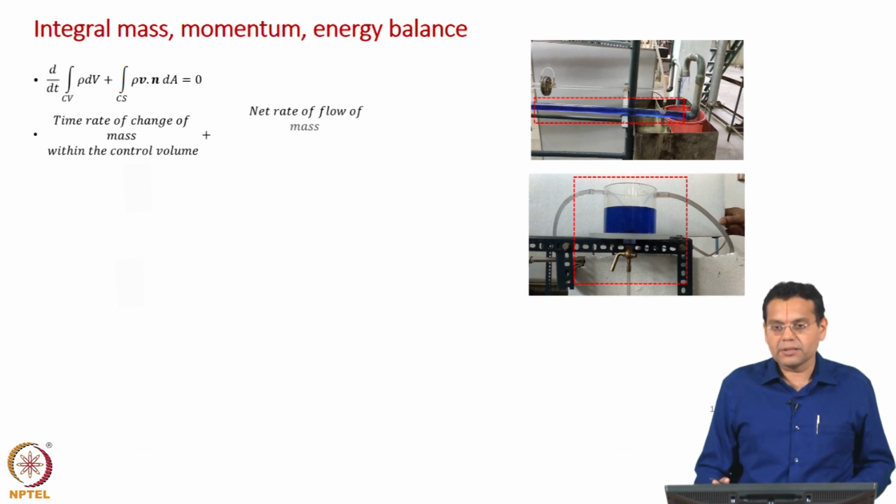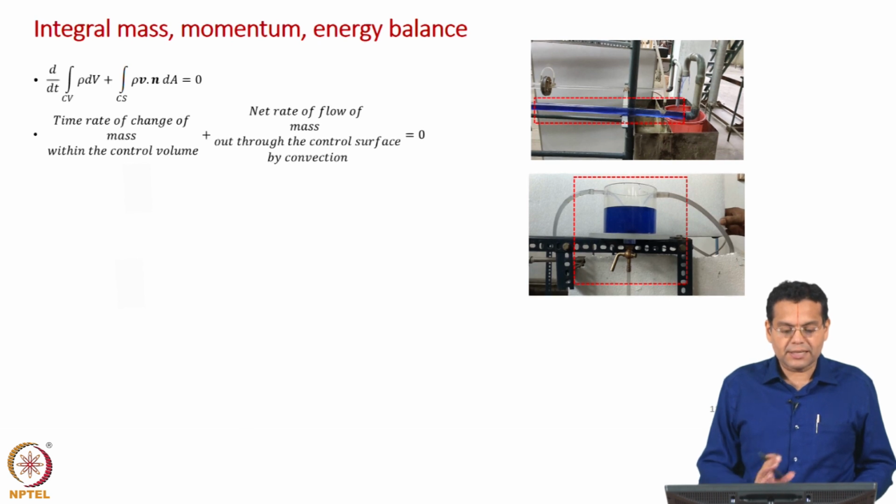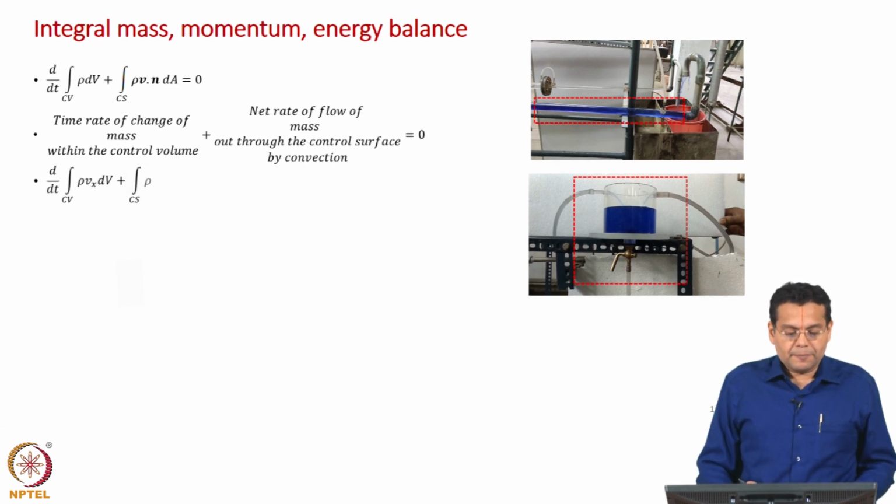Let us write down all the equations and look at the similarities between them, and of course, what are the differences as well. So, that is the integral total mass balance equation and the significance. Now, let us write the integral linear momentum balance, of course, in the x direction, it is a vectorial equation. So, let us write down the equation in the x direction, that is the significance.